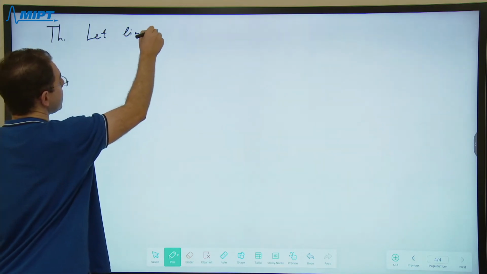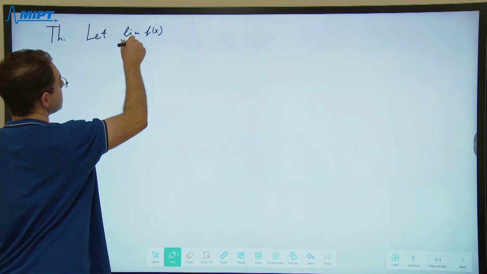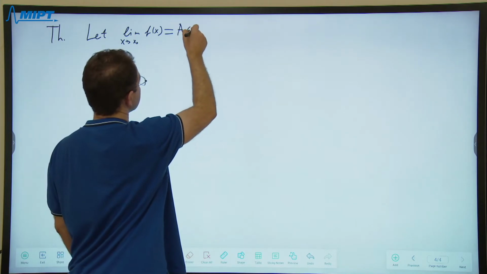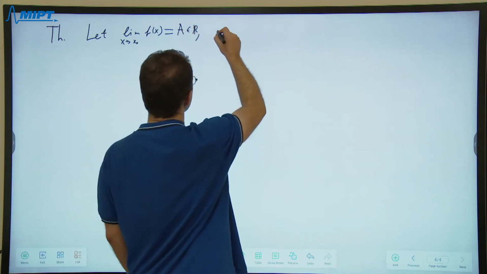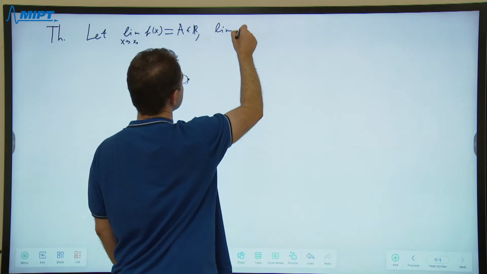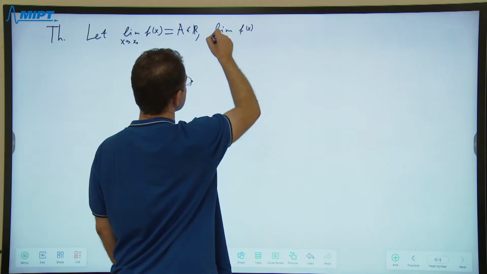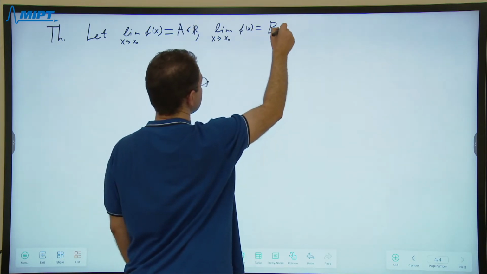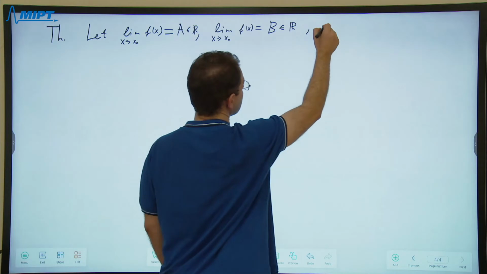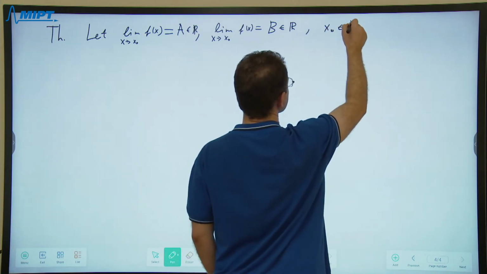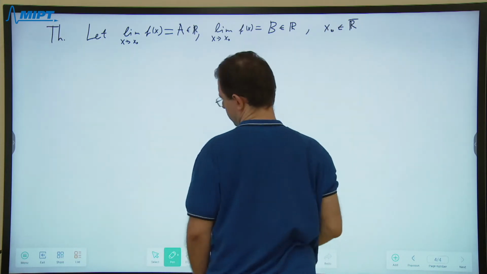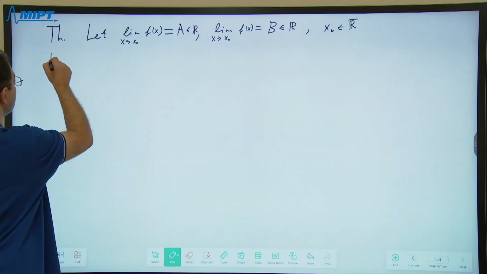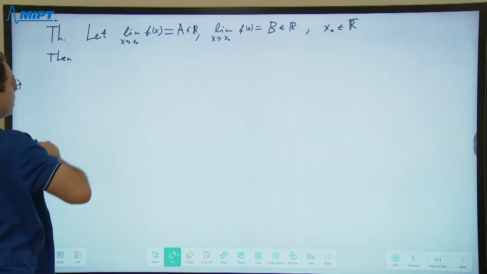Let the limit of f of x as x tends to x0 equal a, a real number, and the limit of g of x as x tends to x0 equal a real number b. x0 is a real number. Then